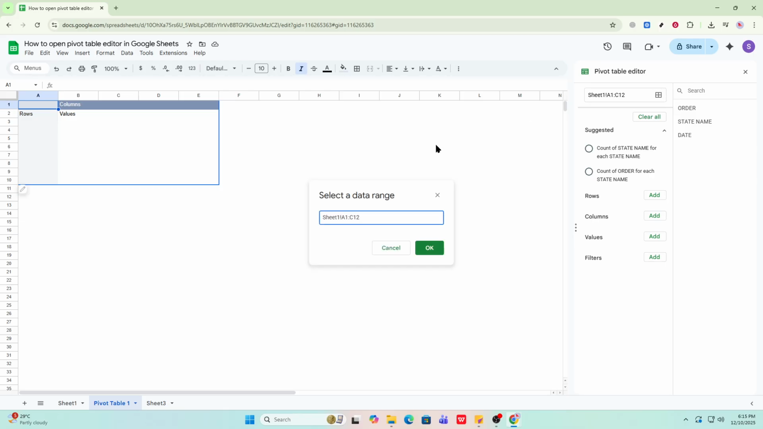Another reliable option is to select any cell inside the pivot, go up to the Data menu and choose Pivot Table. That command will force the editor to open and link it to the pivot you've selected. This is especially helpful if you're working with multiple pivots in the same file and want to make sure you're